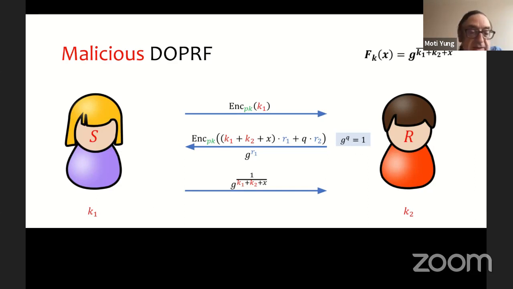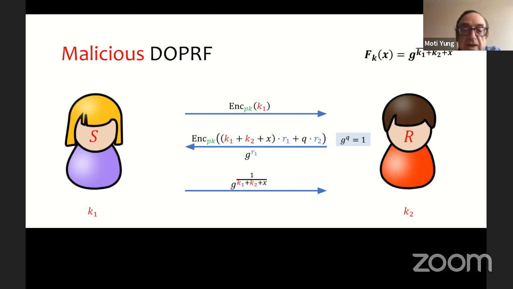Under the exponentiation, you actually get g to the 1 over K1 plus K2 plus X, because g to the R1 cancels the other blinding factor R1. The order cancels R2, the blinding factor cancels R1, and we get the evaluation of the result.